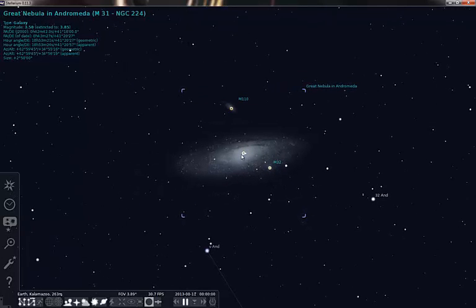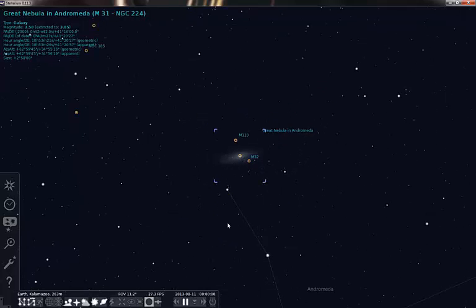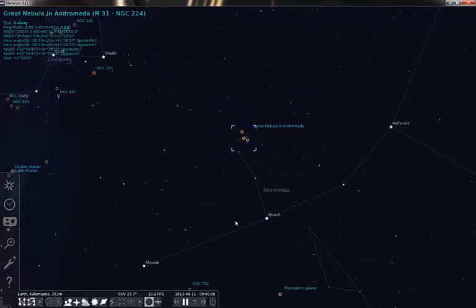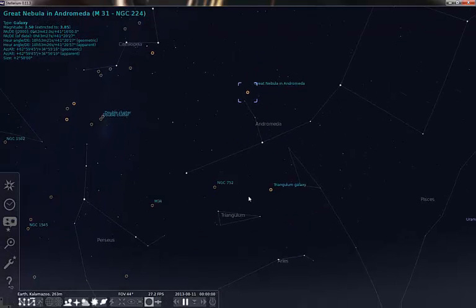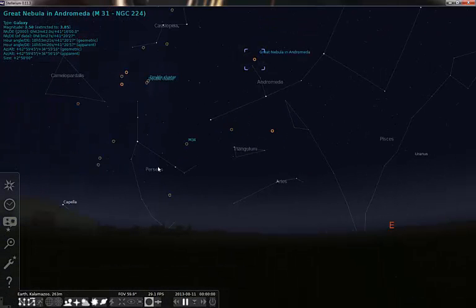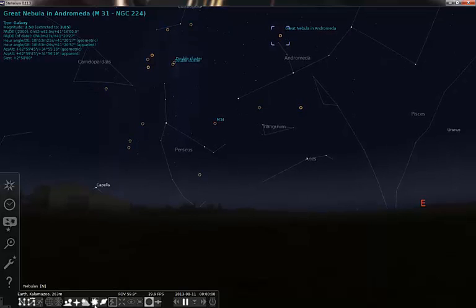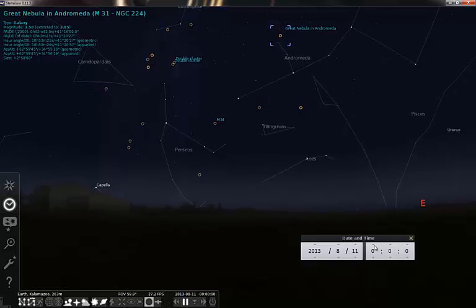And this is actually pretty much the farthest object that you can see with the naked eye. It's 2.4 million light years away, which is kind of neat if you just think about it that way. So you might also want to observe, which will have to be a couple hours later,